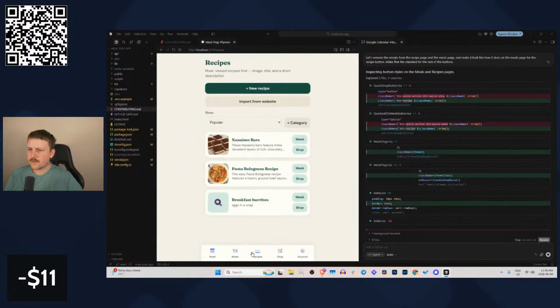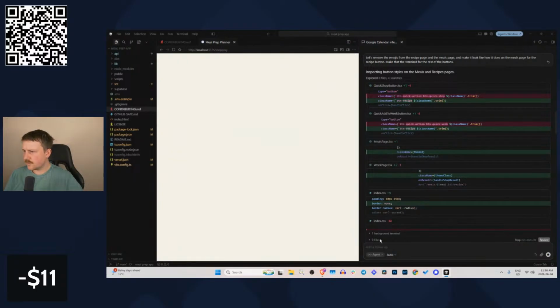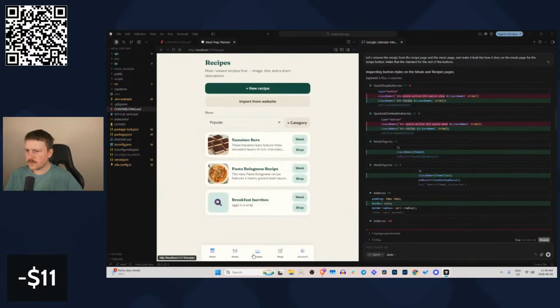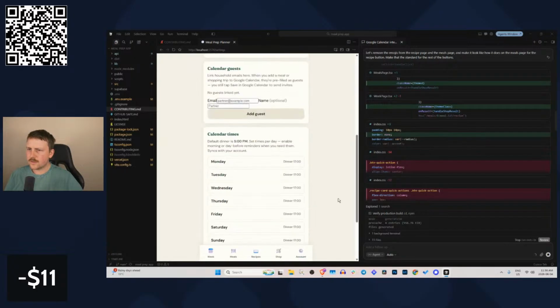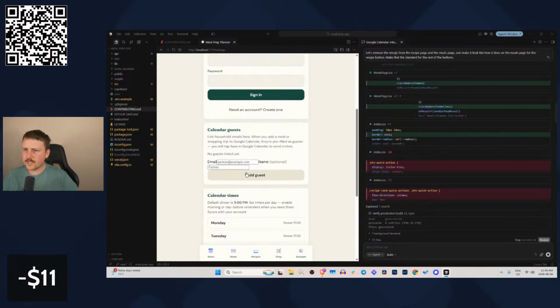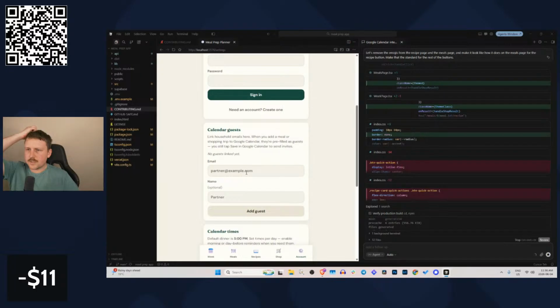Okay, this is almost done. I think we'll just allow this to rip here for a second. Oh yeah, what did I even do? Oh yeah, link other. Okay, so this is the calendar guests. Link household emails here. When you add a meal or shopping trip to Google Calendar, they're pre-filled as guests. You still tap save in Google Calendar to send invites. No guest linked. Okay, let's go Buddy Hector